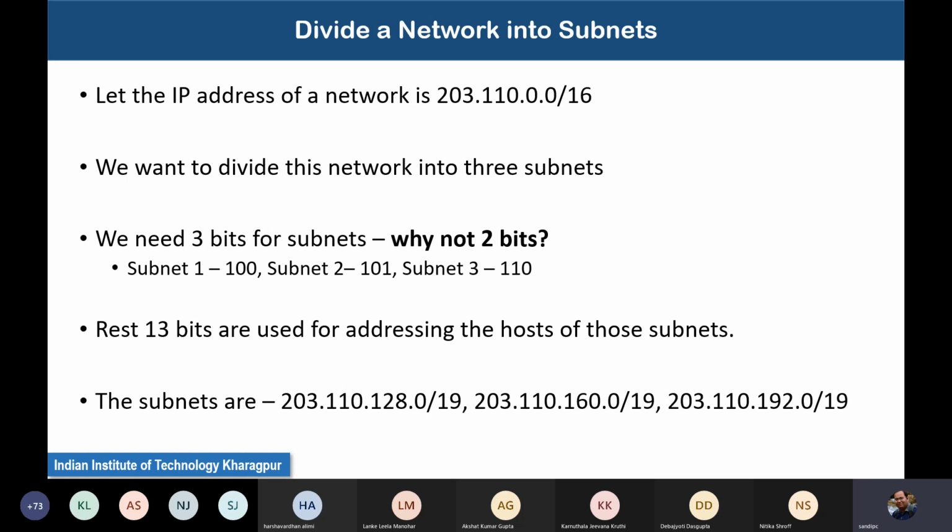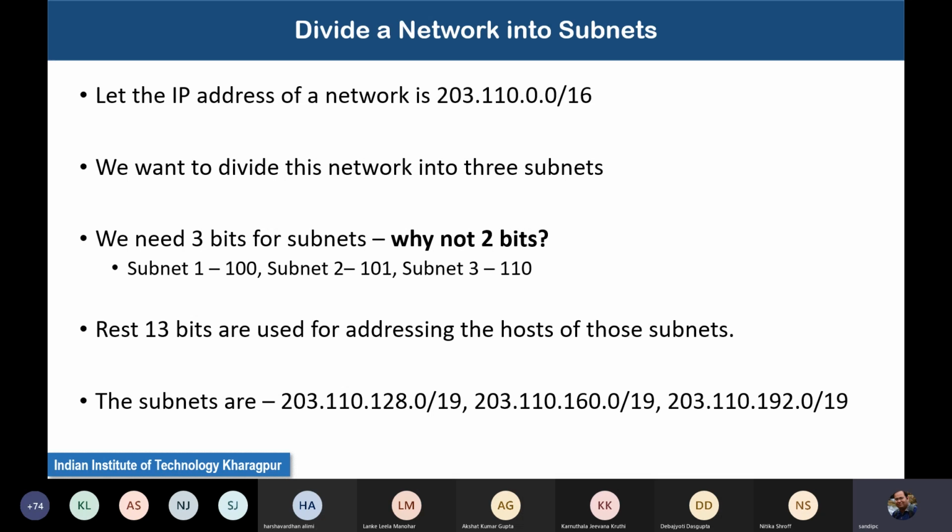Although modern routers do not explicitly require that you avoid all zeros and all 1 subnets, still, to make sure that your network does not have any kind of inconsistency in terms of IP addresses, you should always avoid all zeros and all 1 subnets. So if I avoid those too, with 2 bits I will get only 2 subnets, but I need 3 subnets. That way I need 3 bits, because using 3 bits we can have 8 minus 2, that means at most 6 subnets you can design.